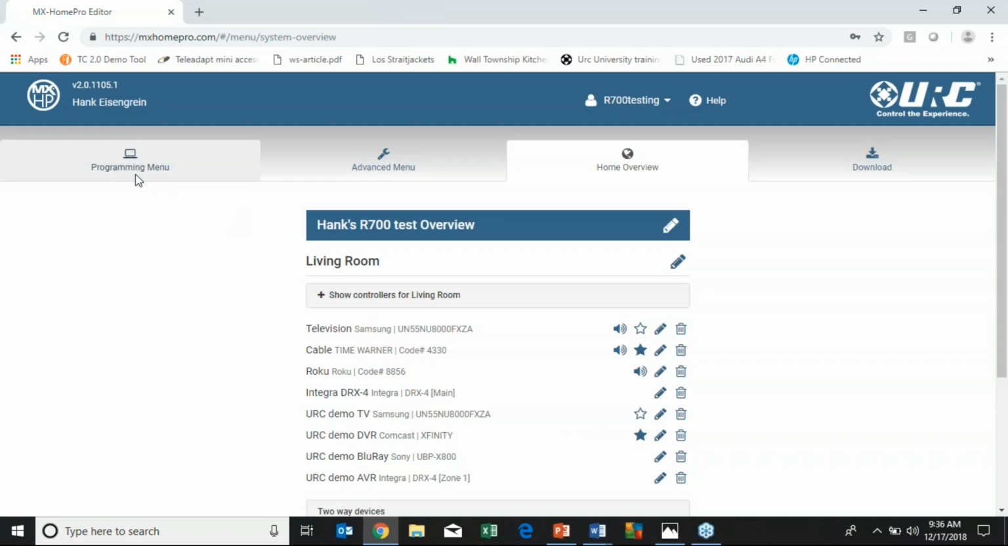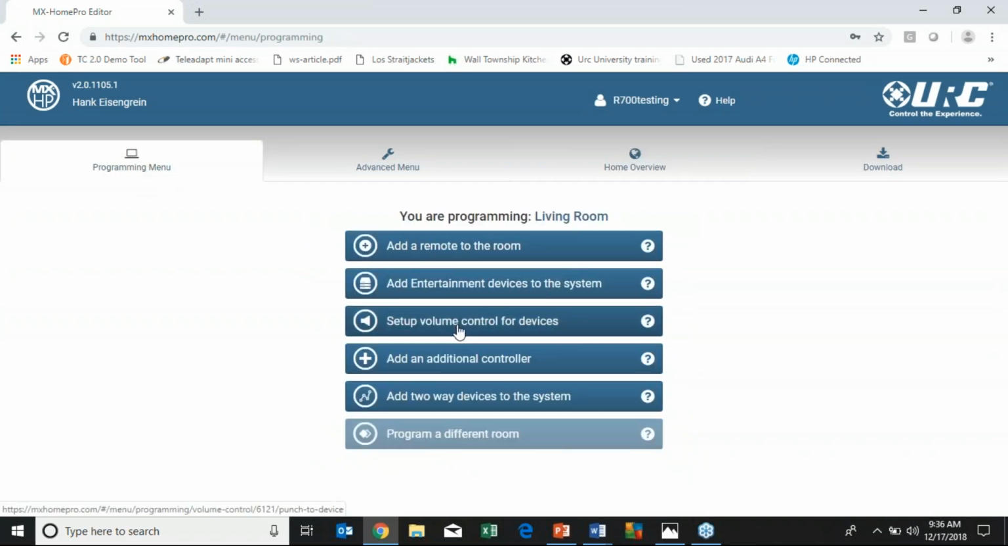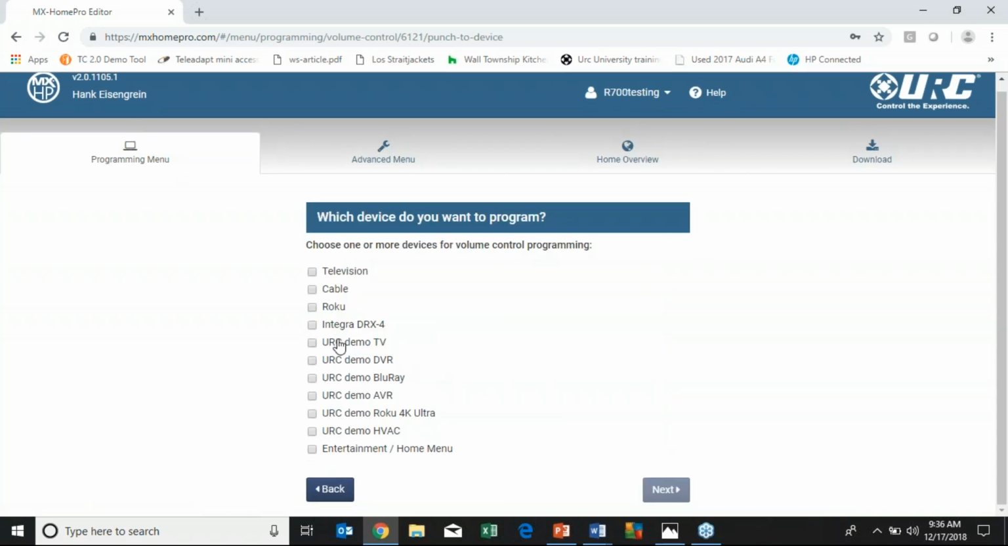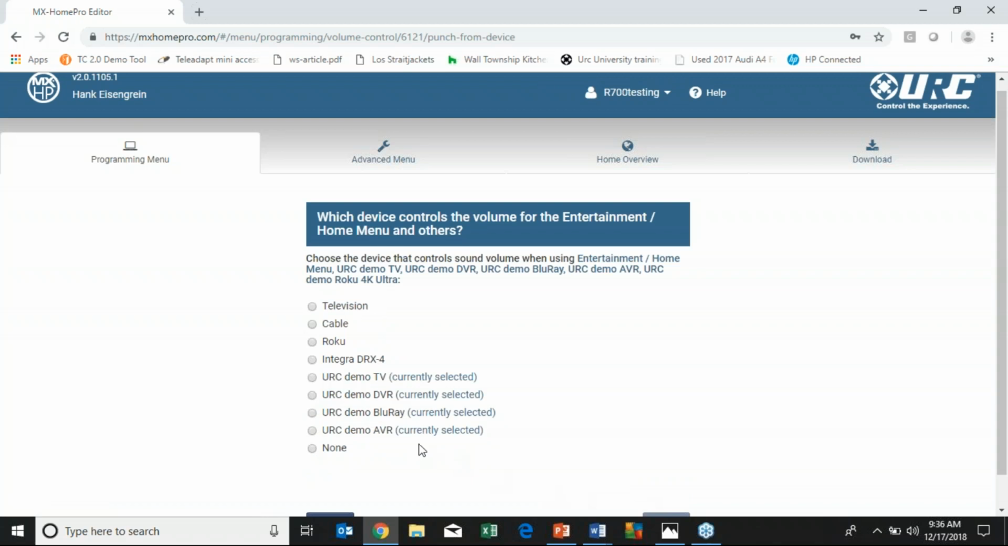Once we close this, we're going to go back and we're going to say, how do we assign the volume for today's system? So if you have an inexpensive system, maybe you're using the speakers built into the TV. If you're doing a moderately priced system, maybe you're doing something like a soundbar. But today we're going to use my DRX4, which is an Integra AVR. So everything that says demo except the thermostat, because that has no volume, I'm going to click on. And what's this? Entertainment home menu is like the top menu, the main page, if you will, the home page. When I click next, it's going to ask, where am I getting the sound from? And today we're saying